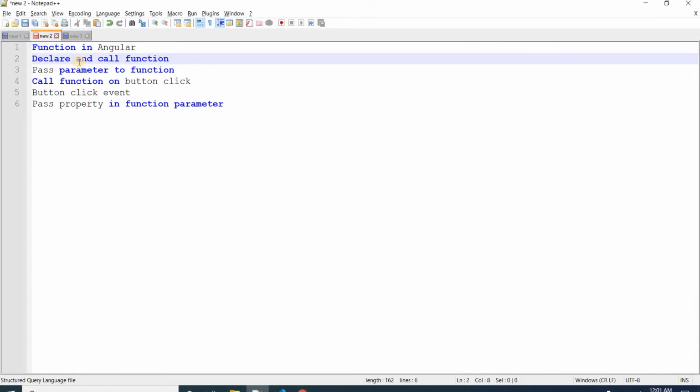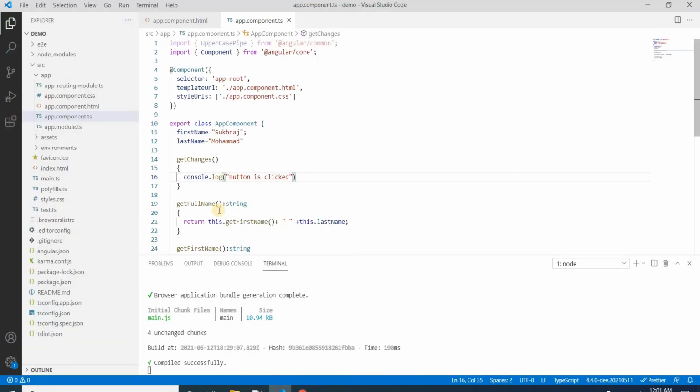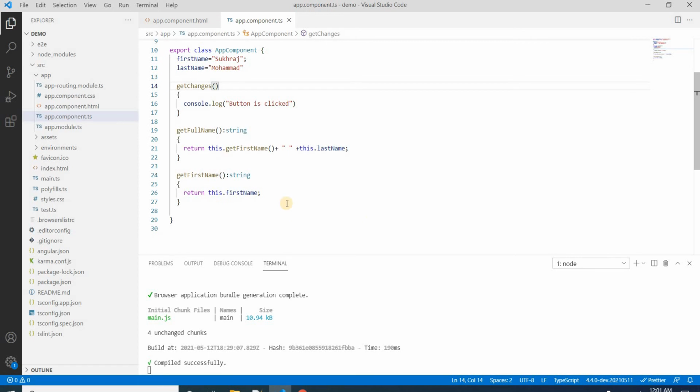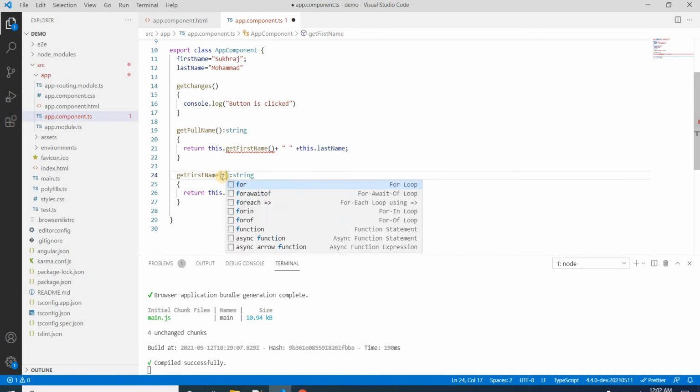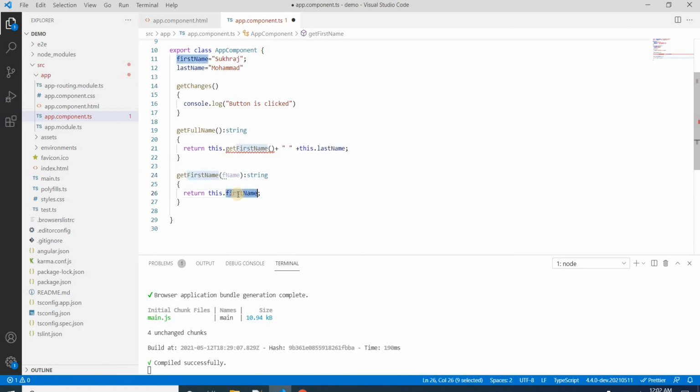So we have seen how we can declare a function, and let's now see how we can pass a parameter to a function. Suppose in the first name I don't want the value from here, but I want to pass it from outside. Here let's say fName, whatever first name we get, and we will return it.